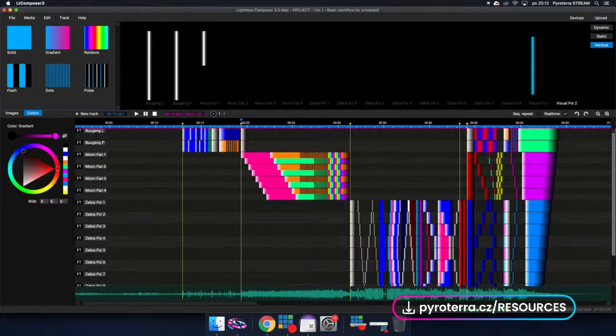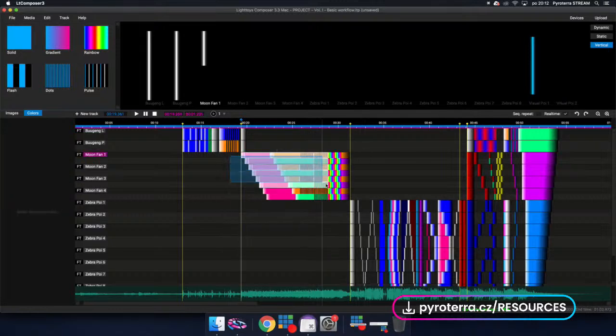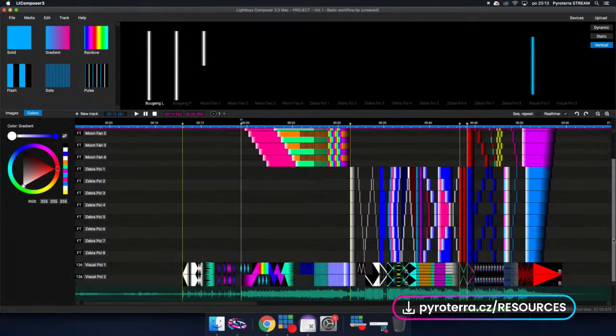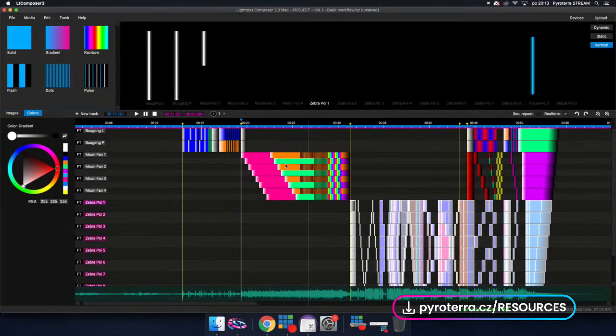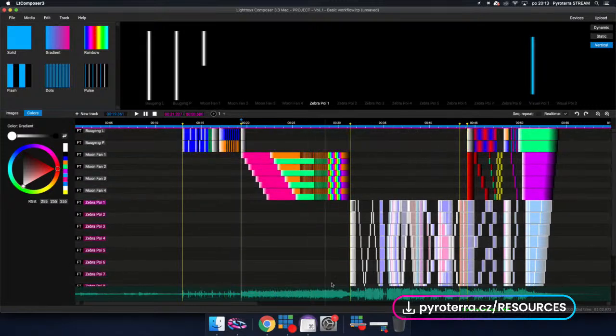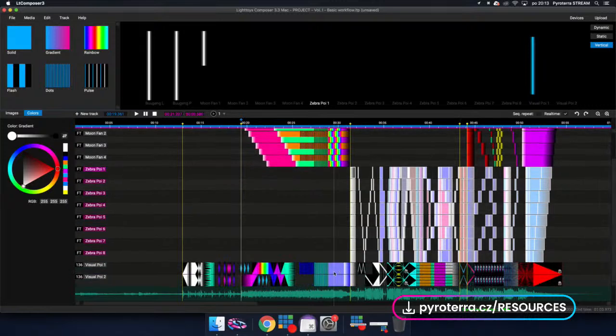So you can actually create pieces of the project, like different people can create different pieces of the projects. For example, I can say that my colleague number 1 will be working on Moonfans, colleague number 2 will be working on Boogangs, and another colleague will be working on Zebra Boys. Because all these sequences and the props are different, there will be no clash in the programming, and I can easily split this project into these pieces. So all of the people can basically work on specific part of the project, and later on I can easily